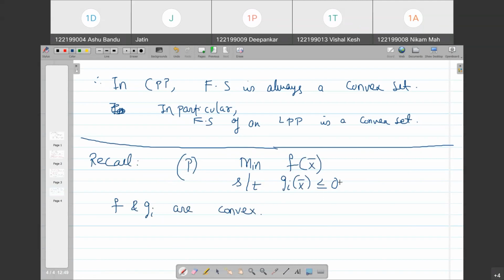But now, what I want to say is it is sufficient to concentrate on this problem. Without loss of generality, we can concentrate on such type of problems. Why so? Because if you have a problem which is not of this form, then